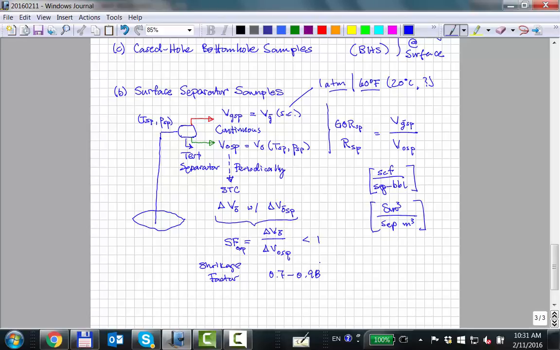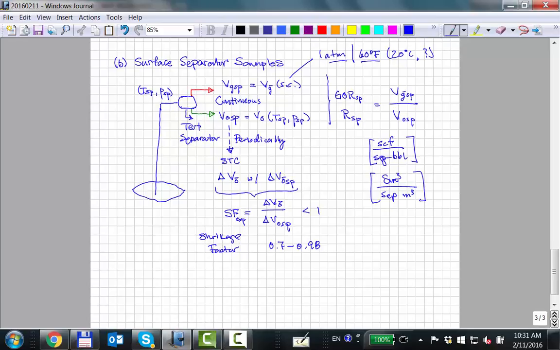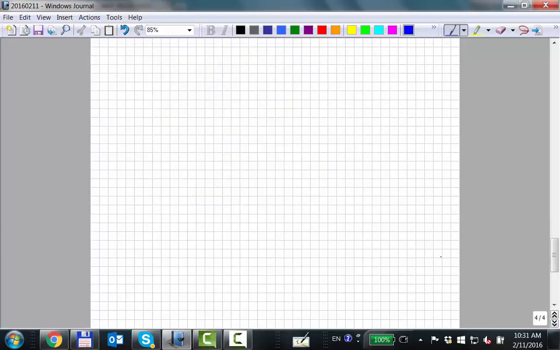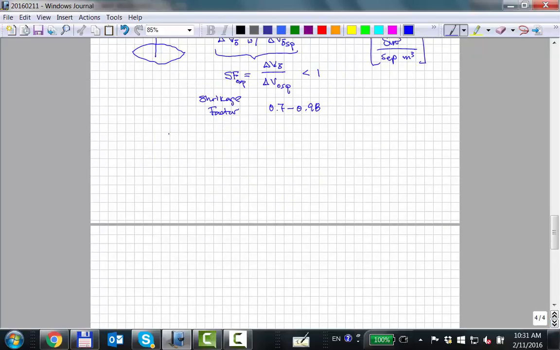Okay. Then what they do is, this is during a production test. They'll be monitoring the separator GOR versus time. And this might be 12 hours and 24 hours and whatever. It might be a 3-day test, different rates. But I'm just going to kind of show you that this GOR